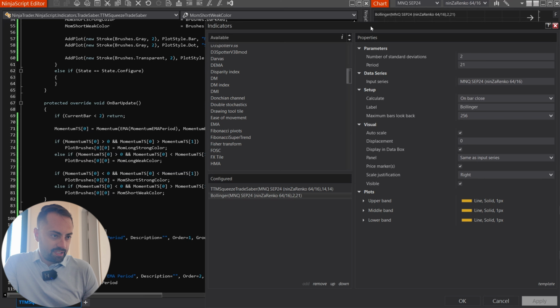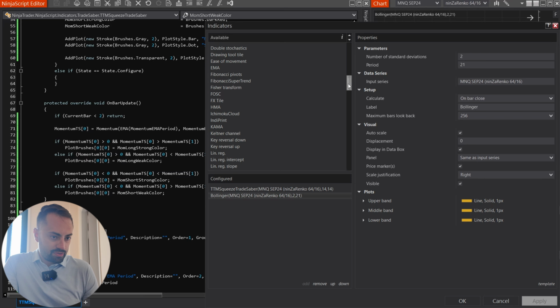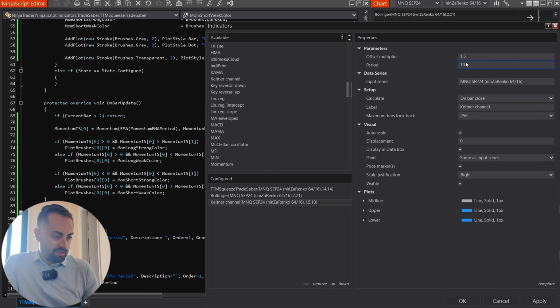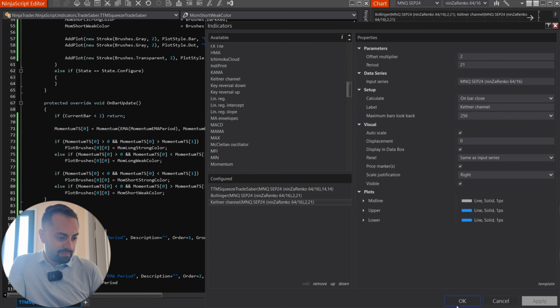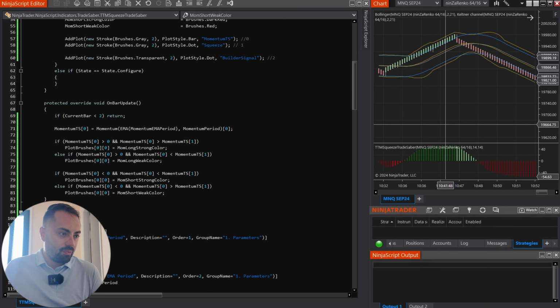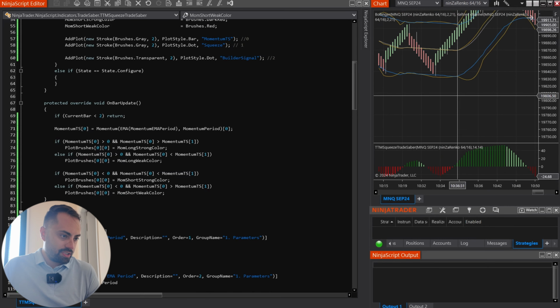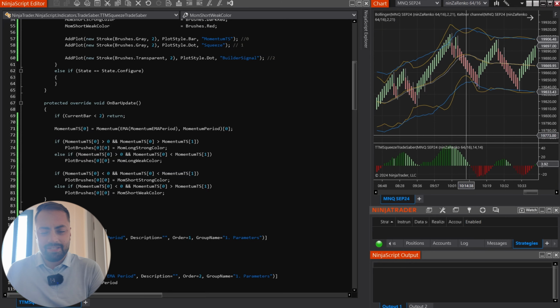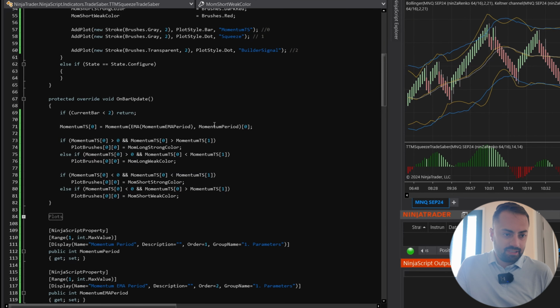And let's head down to the Keltner channel as well. And for this one, I also like to do an offset of 2 with a period of 21. So remember, multiplier and period. We'll be able to adjust these within our own indicator. All right, so once we have these loaded on the chart, let's go back into our code and let's define